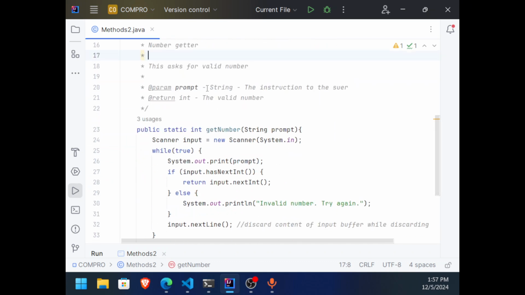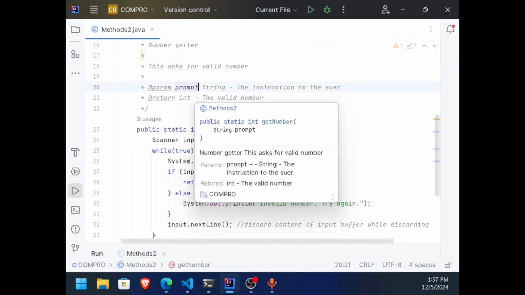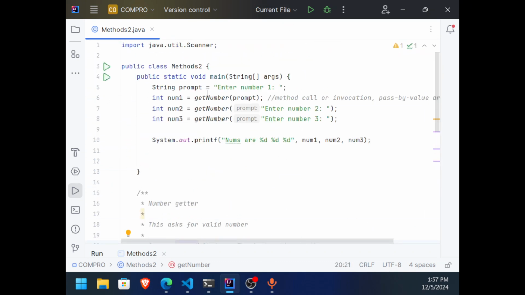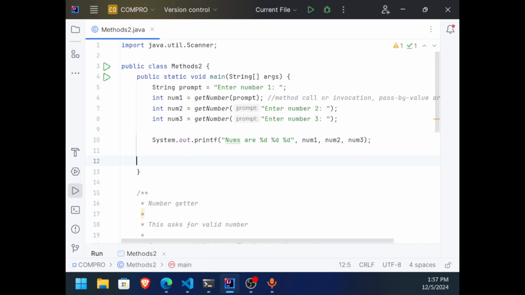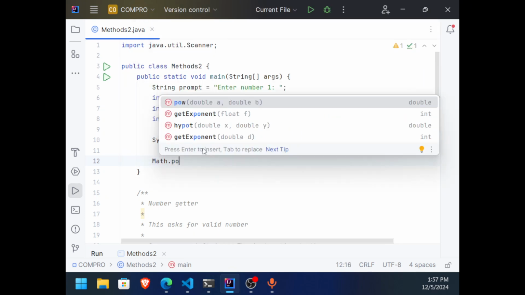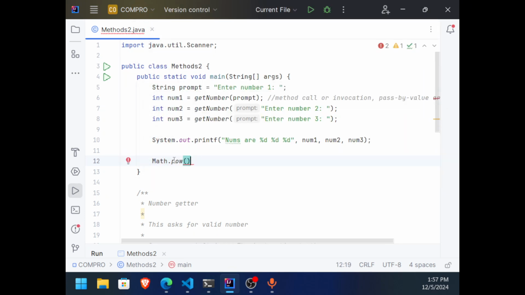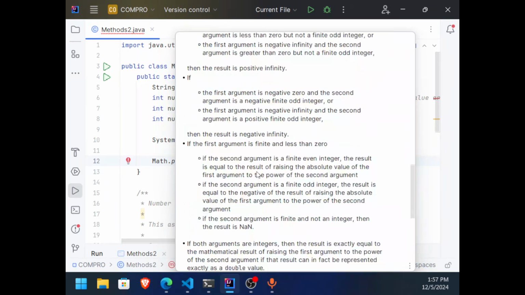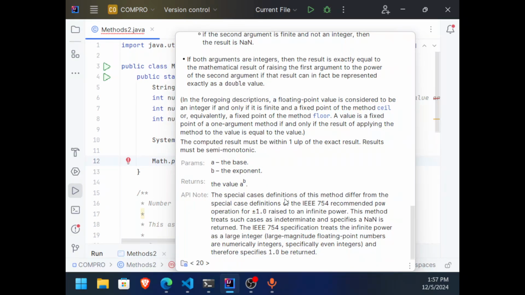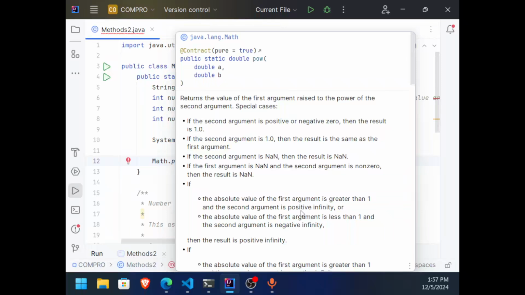I don't need to place this one. Let me do it again. Yeah, it perfectly worked. Okay, even the math.py, we know what it's going to use because it has some documentation. And look at that, it's very long. It's so very long, and you can create a document like that.